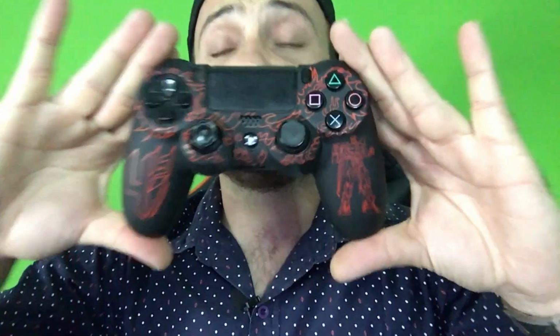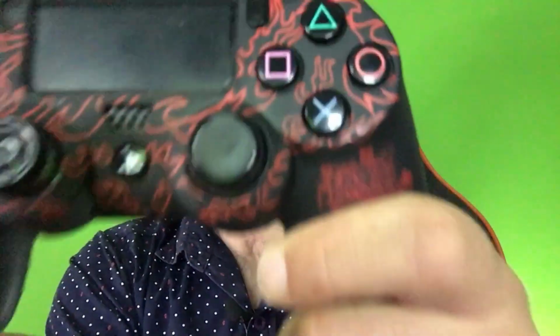Now I think the PlayStation 5 remote was also inspired by this look. I do not have a PlayStation 5. Hint, hint. I do not have a PlayStation 5, but I think the remote was inspired by this look. This is a really good looking remote where they also added in a little touchpad as well as an in-remote